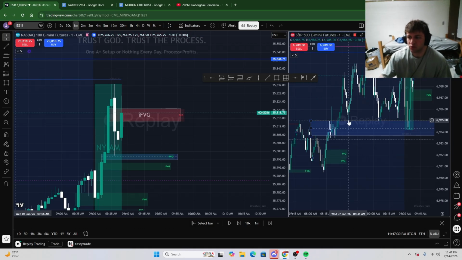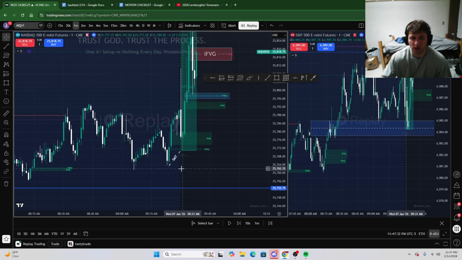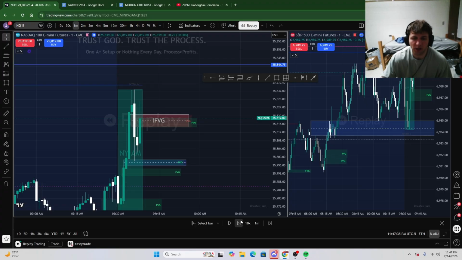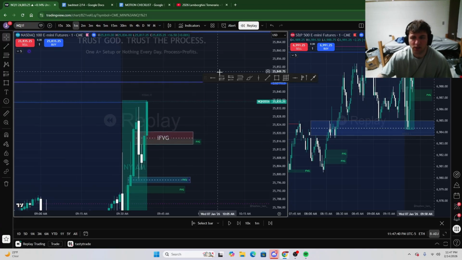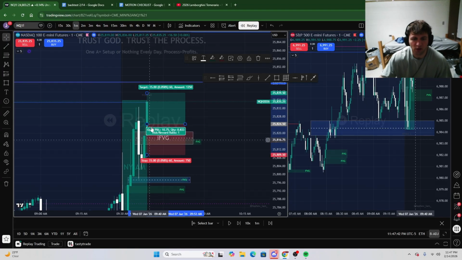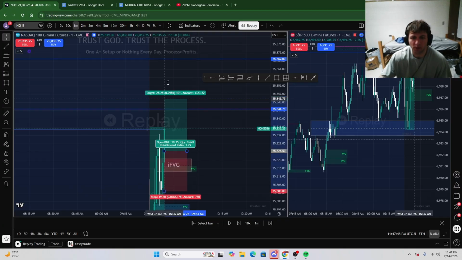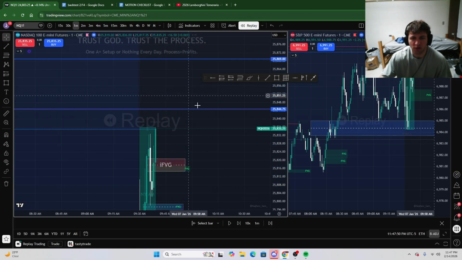This gap is getting respected on the higher time frame on ES. We have an internal SMT. We have bullish bias. We have obvious draws above. So I'm going to assume I'd already be in here. We'll see how this closes. I'm going to say I get in right here, and I would probably take this to my first draw, maybe a stop right below this low, and then I'd probably leave a runner for my next draw, that hourly,